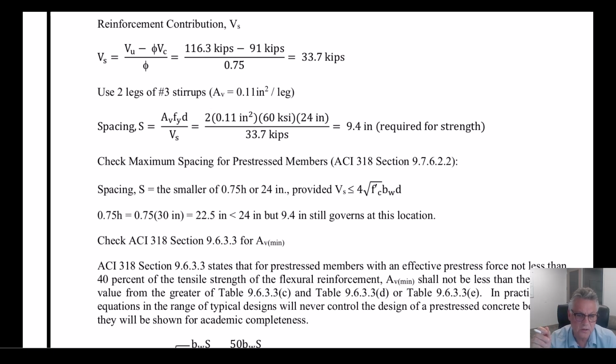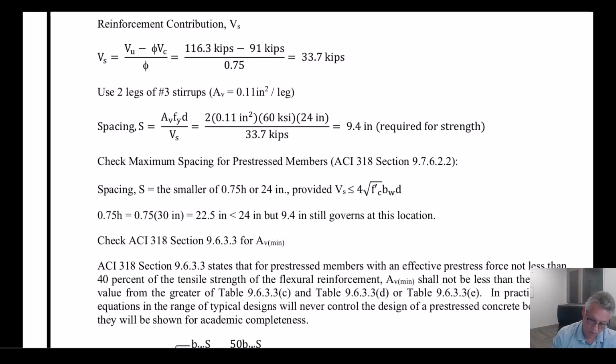The largest spacing that the code will allow is either what you need for strength or the absolute maximum spacing. But in this case, and on the final, that's the answer. You can't satisfy code and put a spacing in larger than 9.4, or you violate the code. So,